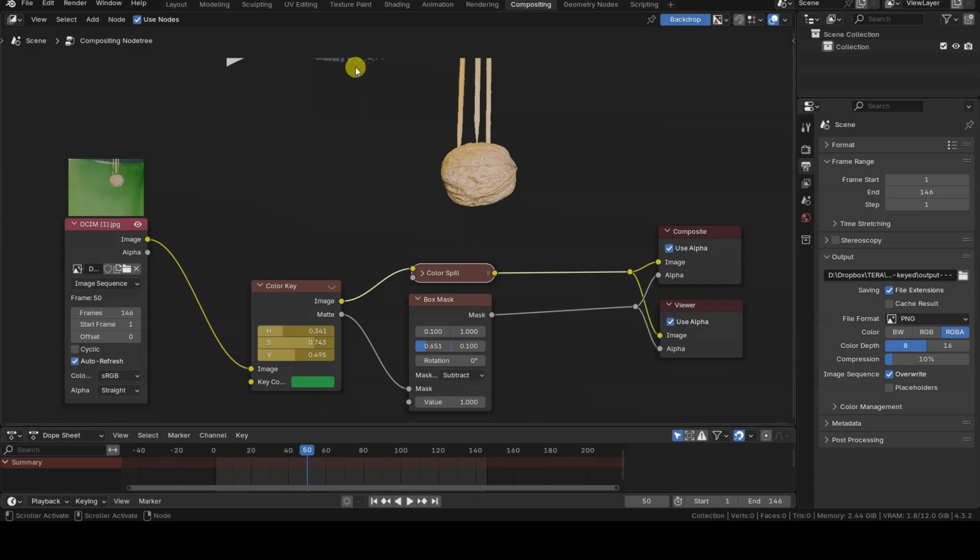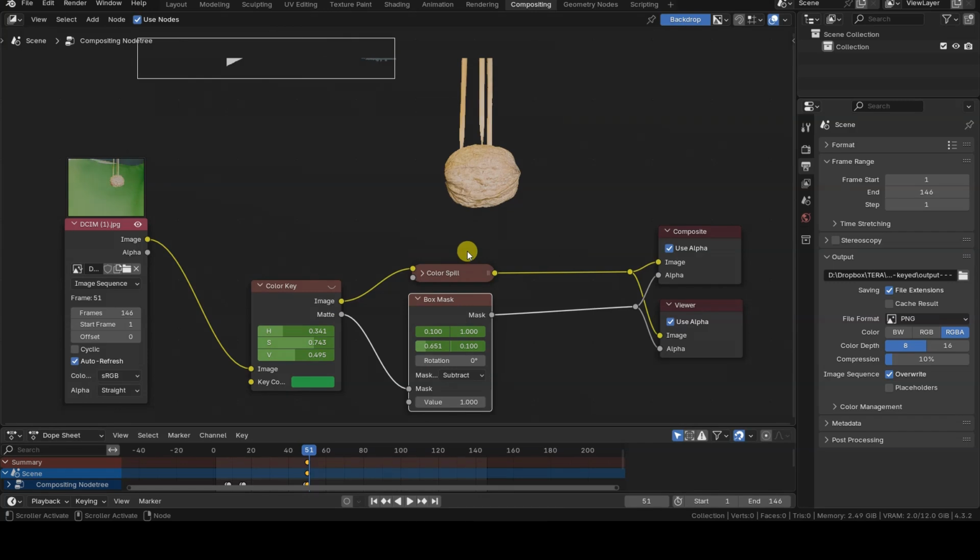The masks have different application modes. For our purposes, I will use the subtract mode, but keep in mind that this will make the affected areas black rather than transparent.